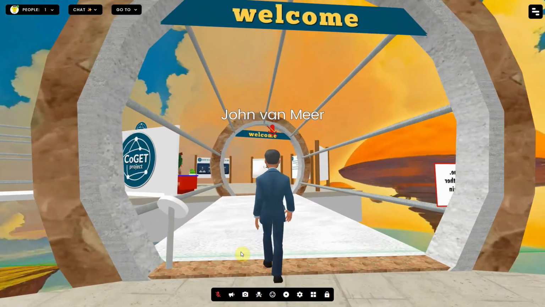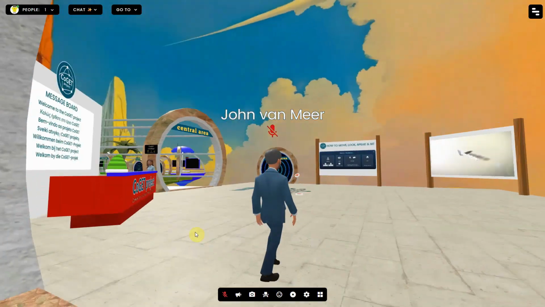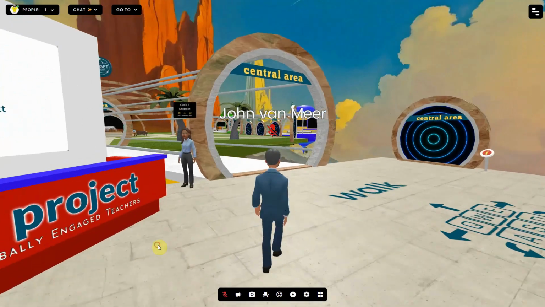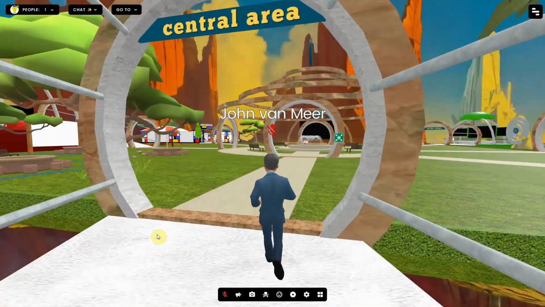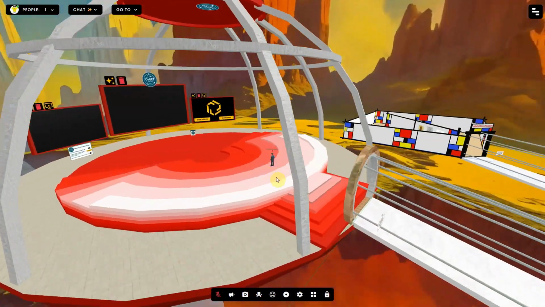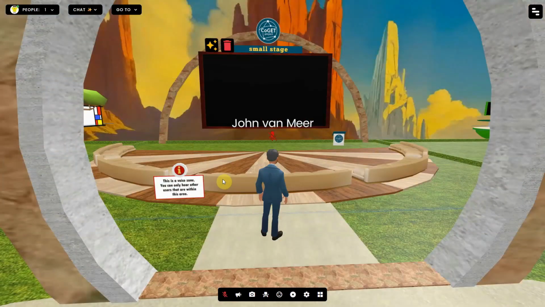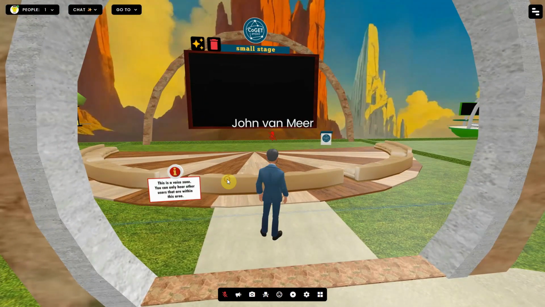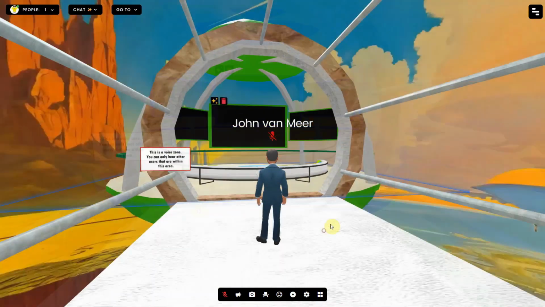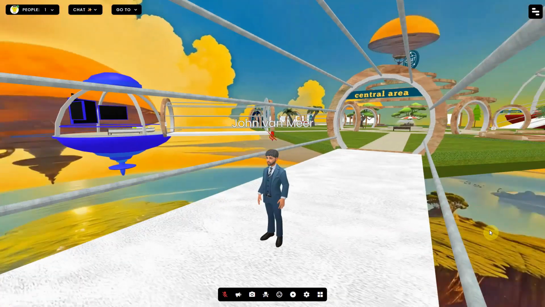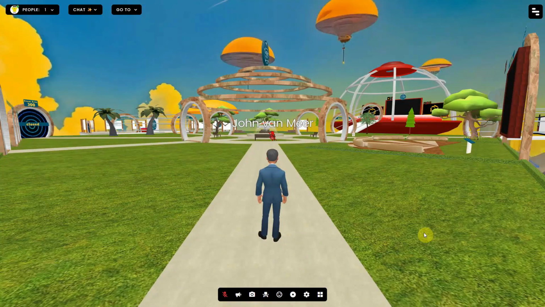If you go back to the landing platform, you will see another bridge that will bring you to the central area, a green, grassy area with places to sit and wander around. This central area has several other platforms connected to it. There is a main stage in red for big presentations, but also a small stage, a blue stage, and a green stage. Each stage has its own voice zone and can also be locked during presentations, for instance